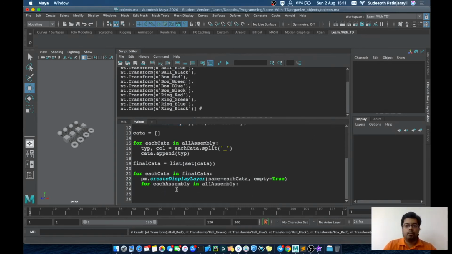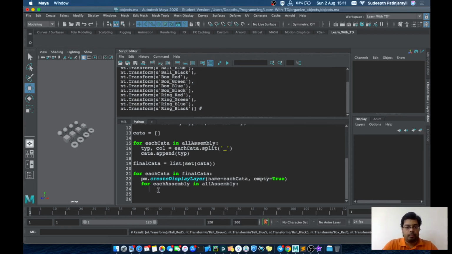For that, we'll be using a string function in Python. We have two functions for that: one is startswith and the other is endswith. I'll explain what it is.